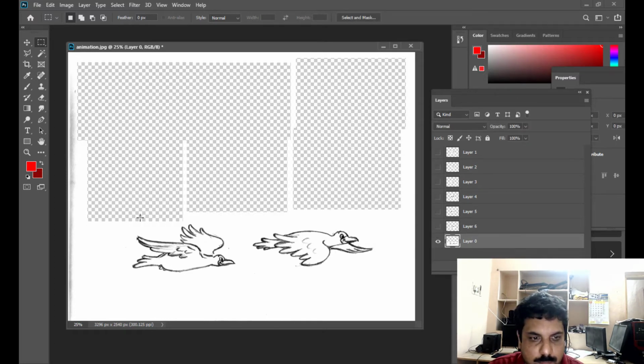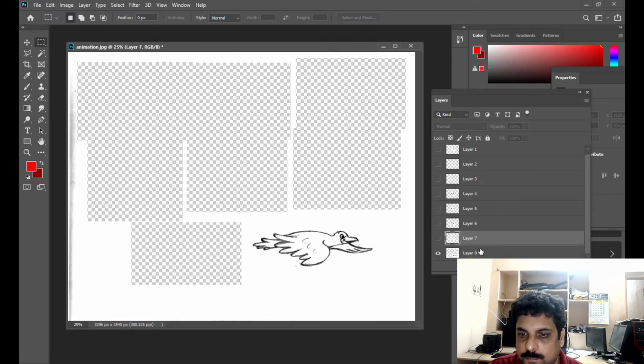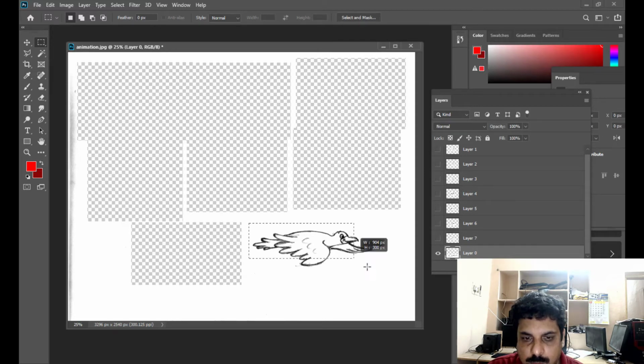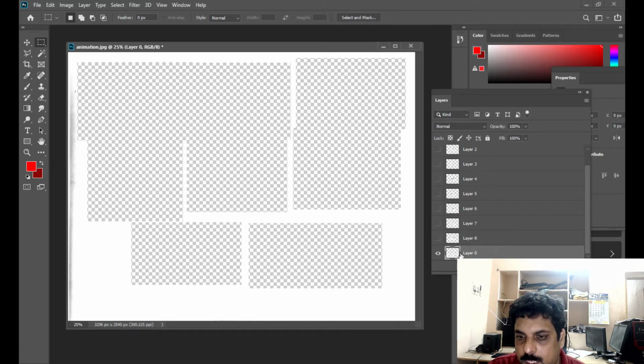So we have just two more images. Cut it and paste it. The last one, cut and paste. Okay, so we can delete the bottom layer. This is a background layer, we don't need this.